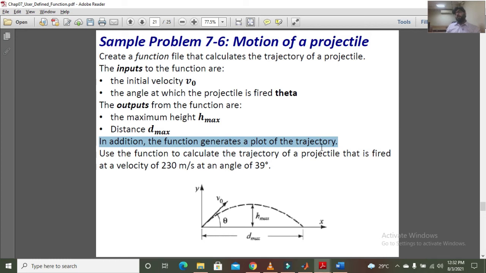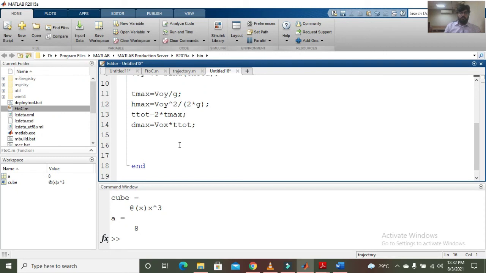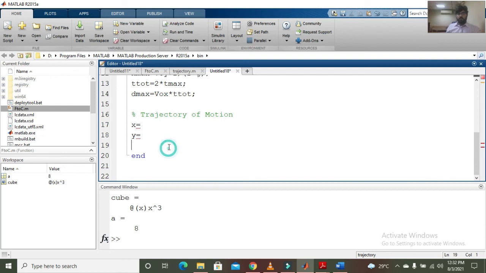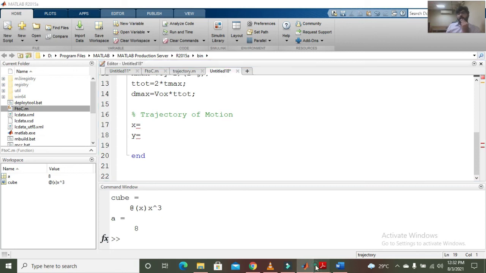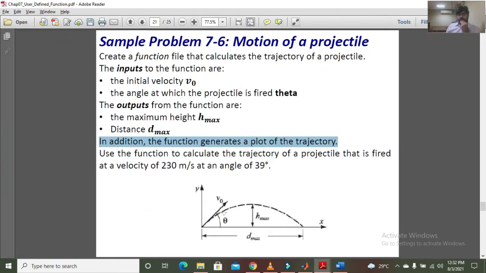So now we want to plot a graph as well, the trajectory of motion. For that purpose, I will have to define my x and my y. For the trajectory, as you can see, it starts from here and goes till the maximum distance.